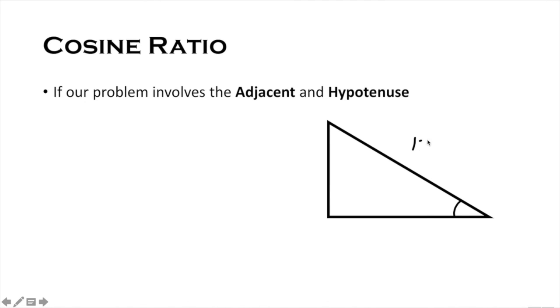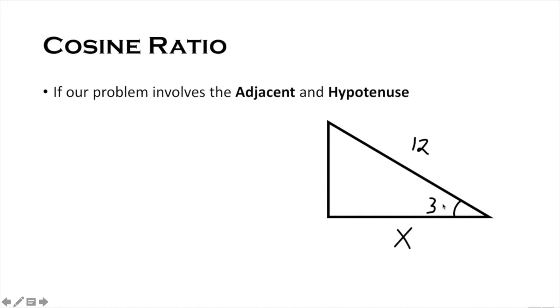Similarity being that we are still dealing with a hypotenuse that we may have as a known quantity, or we may have as a variable we're looking for. We do know that we are dealing with a need for discovering either an adjacent side or a hypotenuse side in a right triangle where we know a certain reference angle. Again, let's say